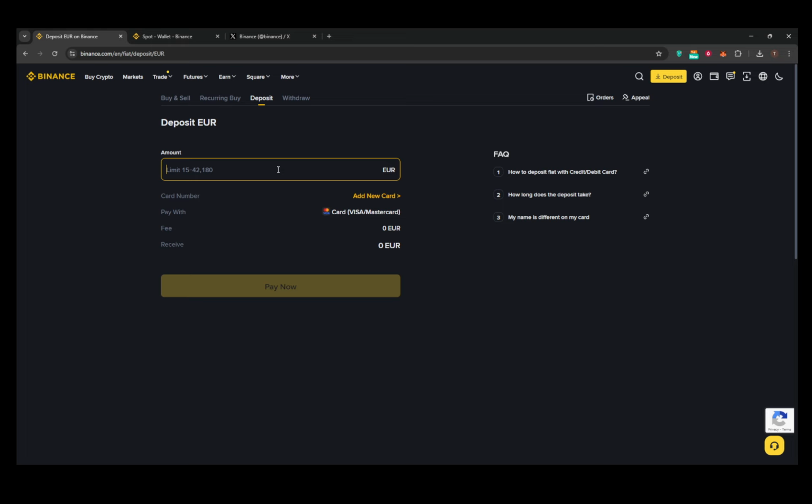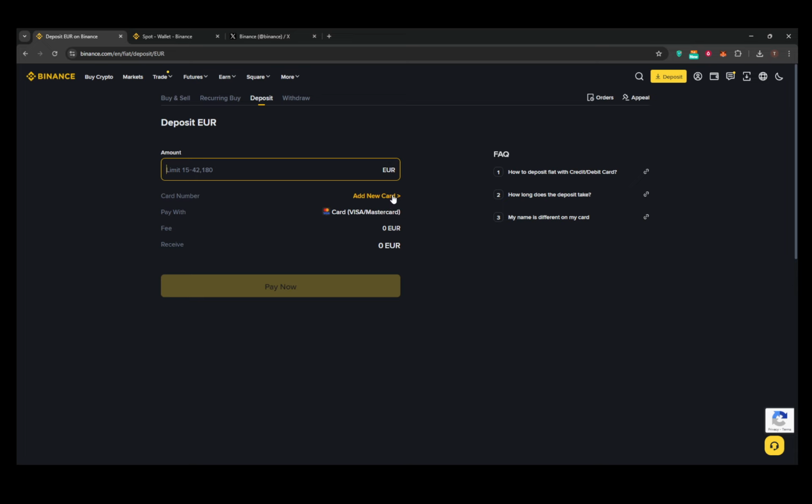You'll need to use these details when making the transfer through your banking app. If you're opting for card payments or Apple or Google Pay, simply fill in your card information or choose your already linked wallet. Remember, it's essential that the bank account or card is under your name for security reasons. Once you've got everything set up, initiate the transfer. This can be done through your bank app if you're using SEPA, or through the prompts provided if you're using a card or digital wallet like Apple or Google Pay.